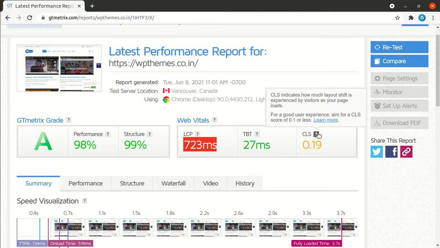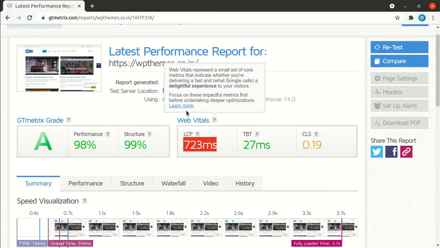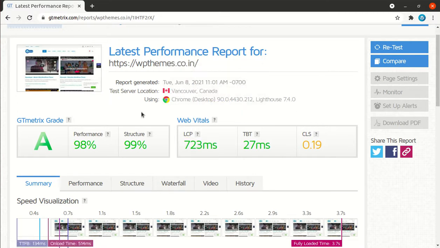CLS indicates how many layout shifts are experienced by visitors as your page loads. For a good experience, aim for a CLS score of 0.1 or less. You can learn more about all these terms, but rather than being so theoretical, we have to be very practical about how to gain these scores, and I am going to tell you all these things in this series.